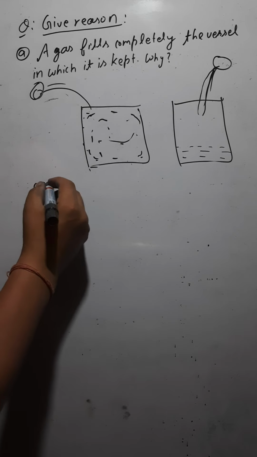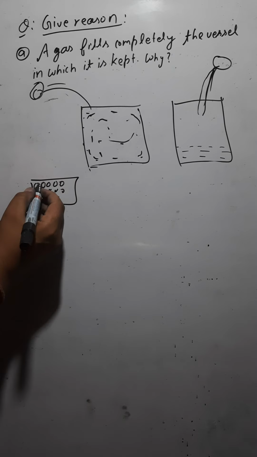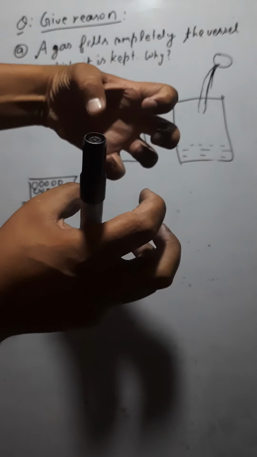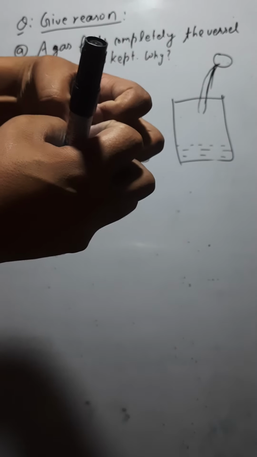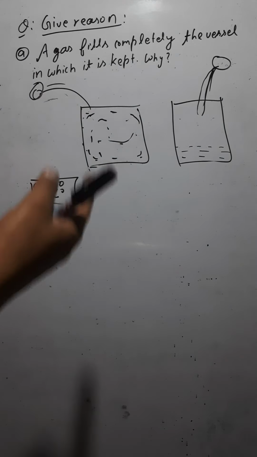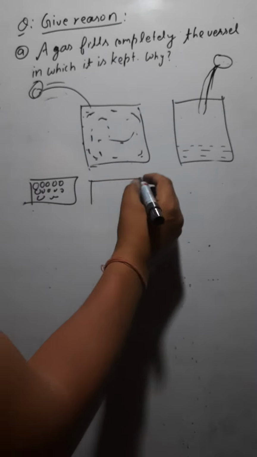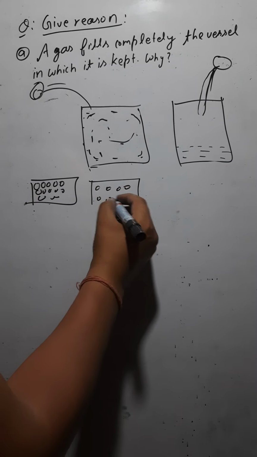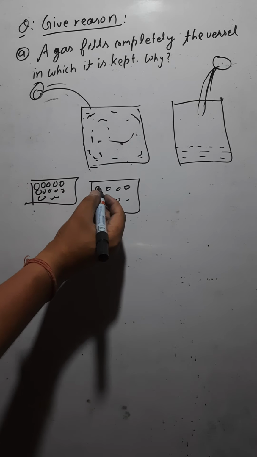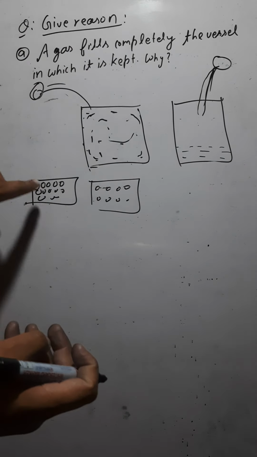We have discussed that the particles of solids are very close to each other. Why? Because of the force of attraction by which they bind each other: one particle attracts another particle, so they are binding each other. So the force of attraction is maximum in case of solids. In case of liquids, the force of attraction is somewhat lesser than this.